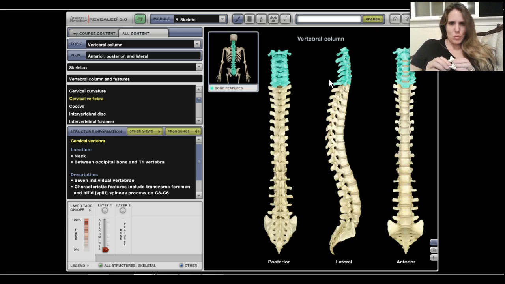I told you that those are responsible for you being able to put your head up and down, and that they articulate with the superior articular facets of the atlas bone. So this is very, very interesting. Those occipital condyles fit right there, and they're able to rock back and forth